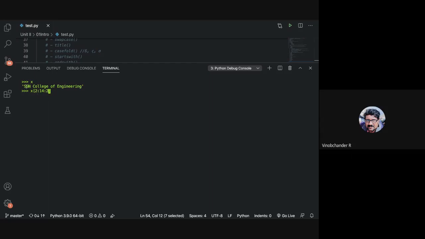Essentially you start from index 2, till the 14th character, so essentially till the 13th character, but you skip characters. So you start from 0, 1, 2, and then this is skipped, and then C is printed. Then this is skipped, and then L is printed. So just trace and tell me what will be the output. N, C, L, E, E, O. NCLEEO. Fantastic. So you get the idea.